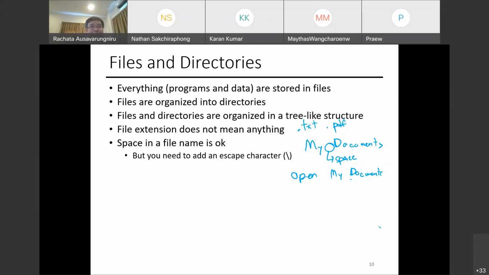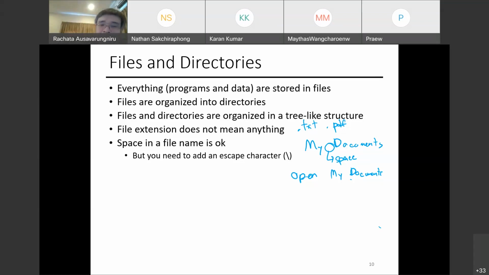I can't differentiate between two files, one called my and one called document, or a single file called my document. So what most of the solutions right now do is put in the escape character. It is a hidden character that says, if I see this character, treat the next letter as a part of this text.